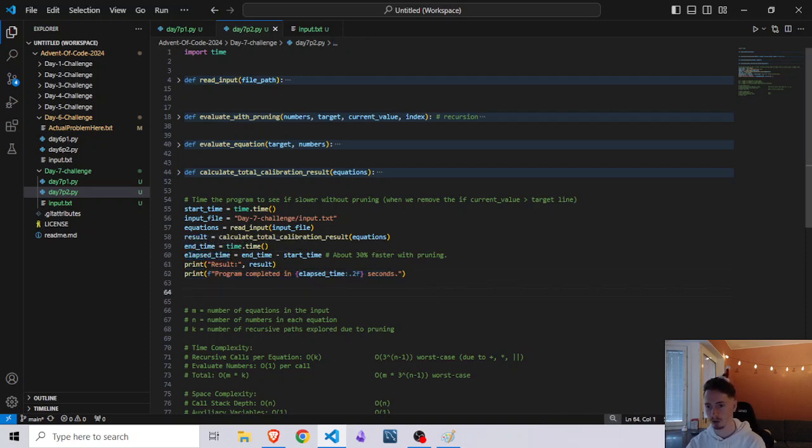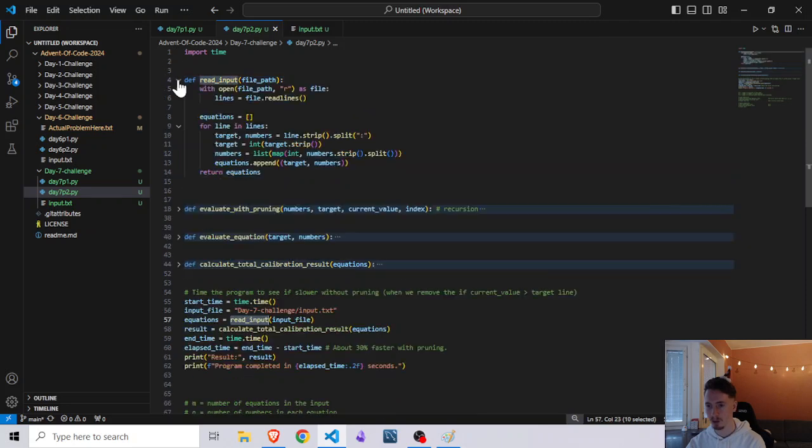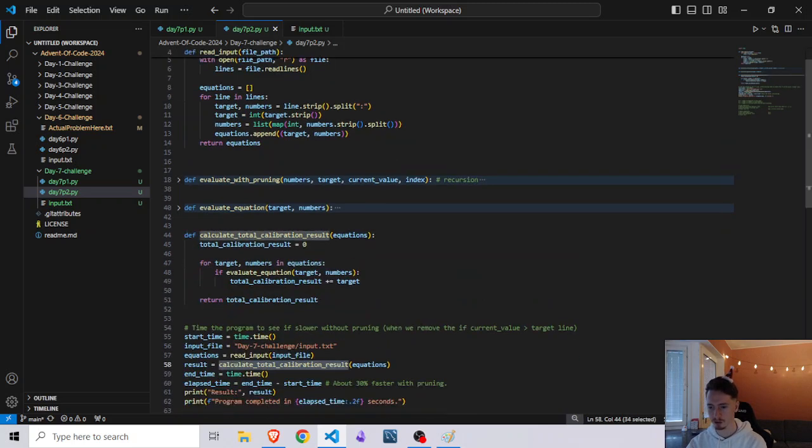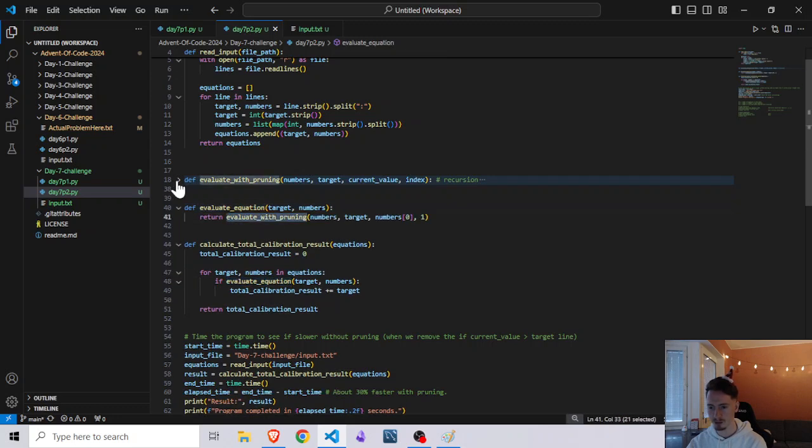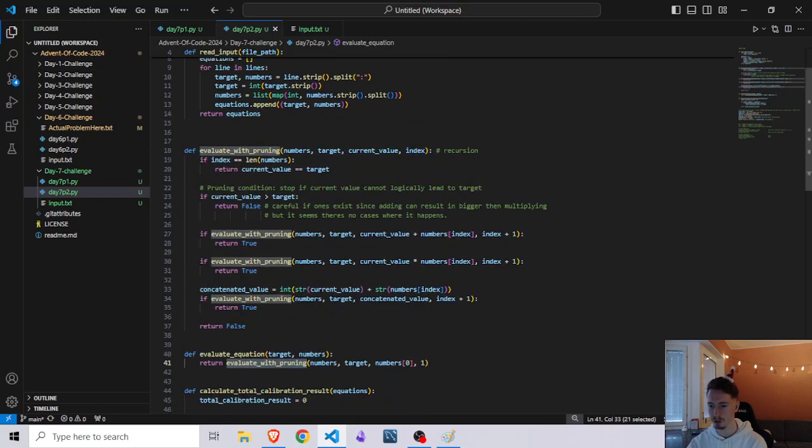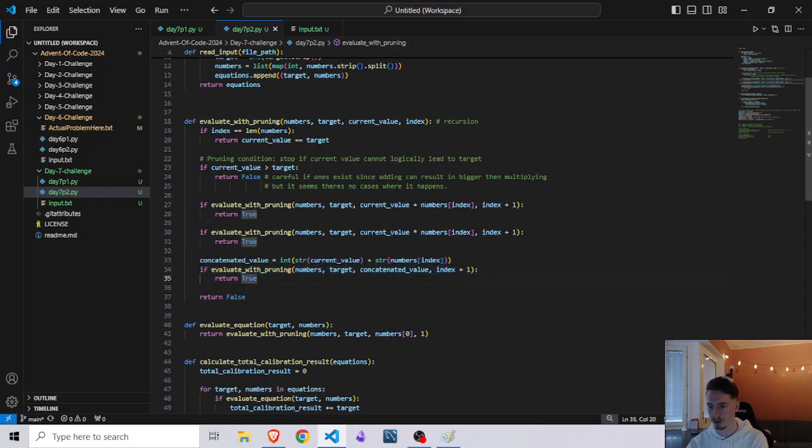So how long the program took to run. So the input is parsed the same, and then the calculate total calibration result is also the same. So what's different is not in here, but in evaluate with pruning. The only thing that I've added is this little thing here, which is a third